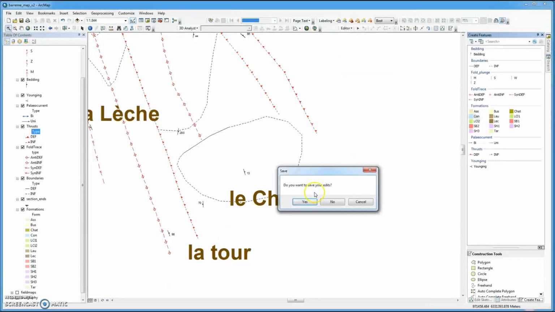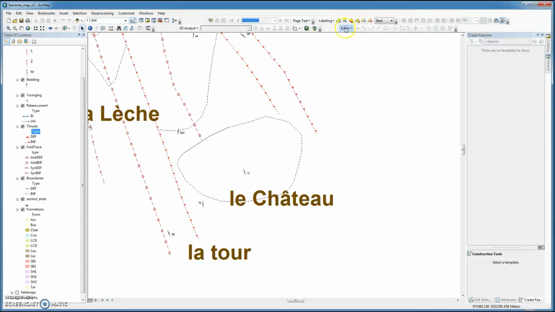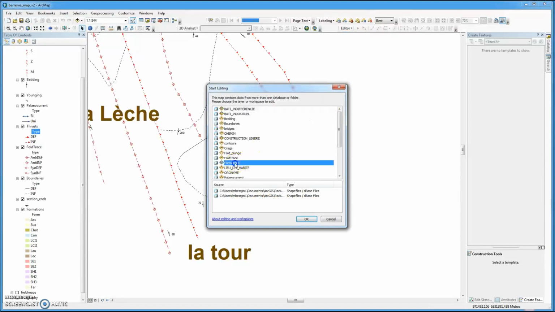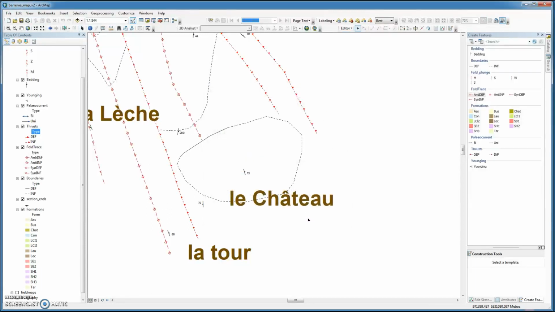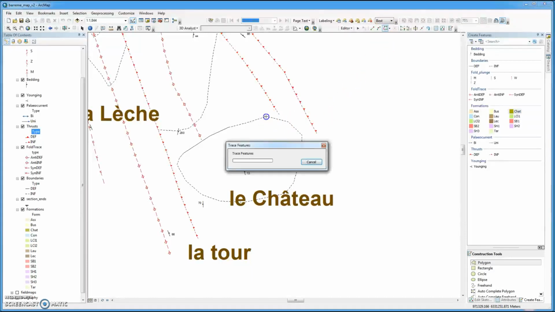I was in the editor mode. So I'm going to start editing. Okay, and I want to edit the formations. Okay, and then I'm going to create a feature on here. I'm going to want to create a Le Chateau feature in here. So then I want to use the trace option in here, and I click on the line